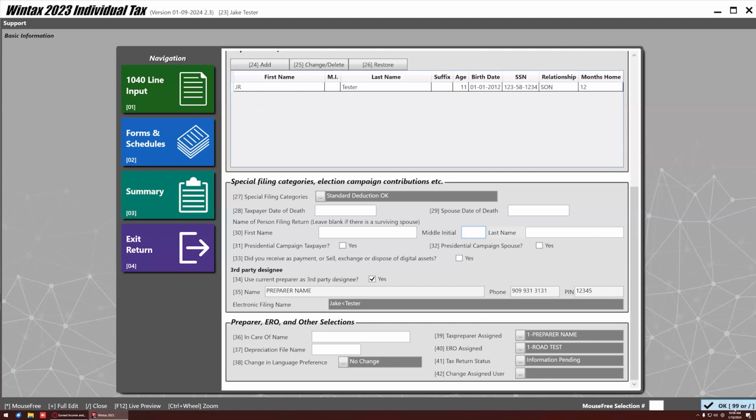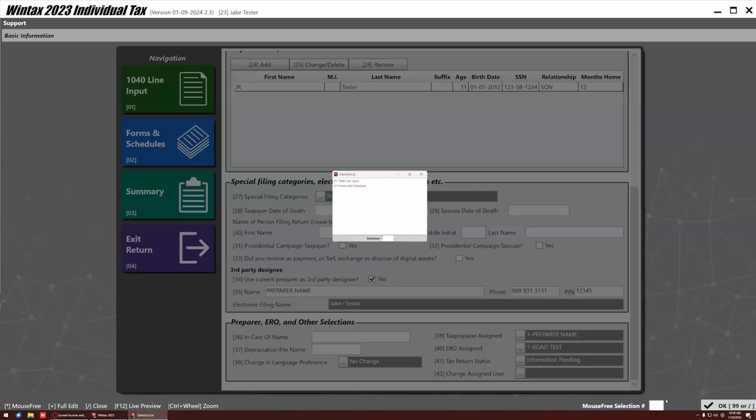So another thing that you see here is that you also have the OK, which you'll be clicking a lot. Like I said, this is basically your save point. Whenever you click OK, it saves that information and goes to the next part. This also has a 99 in a little slash. So if you're in mouse free and you type in 99, it's going to go to the next section of the flow. And like I said, once you get your basic information, the next section of the flow is actually